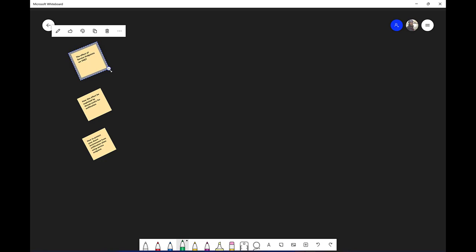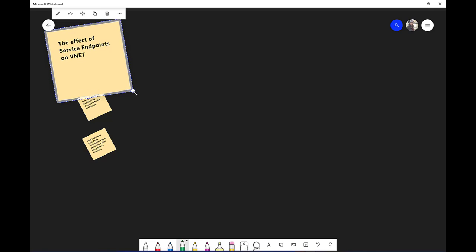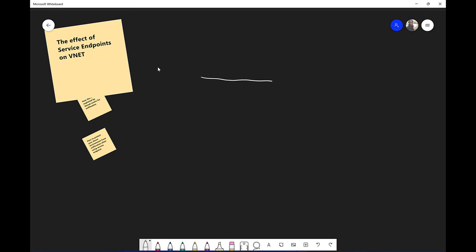Alright, starting with the whiteboard, the first part of our video today is what's the effect of the service endpoint on a VNet. So let's start with this. A VNet is a software-defined network, so there is no physical VNet in the cloud. And inside your VNet, you have access to an IP range. So there is an address range,